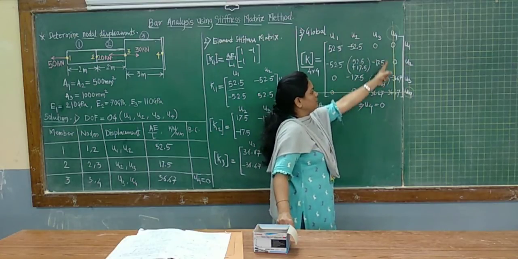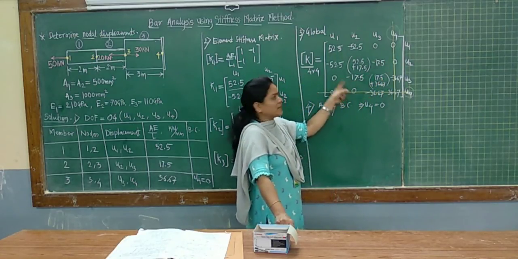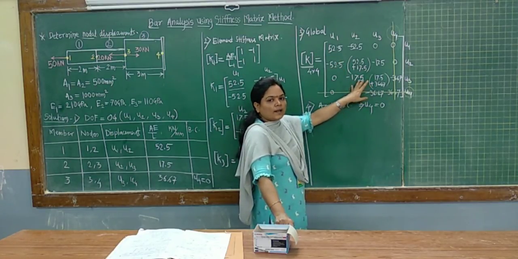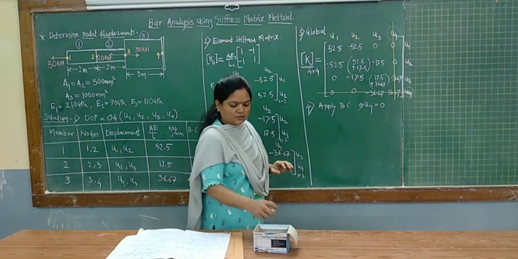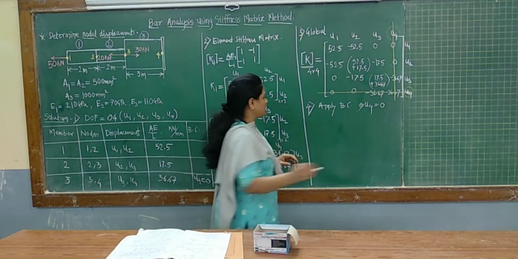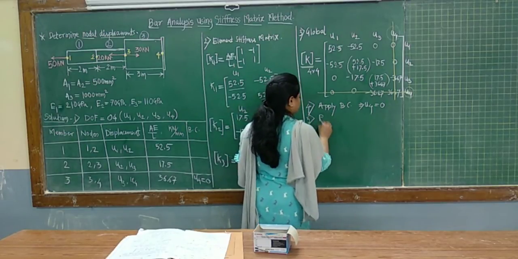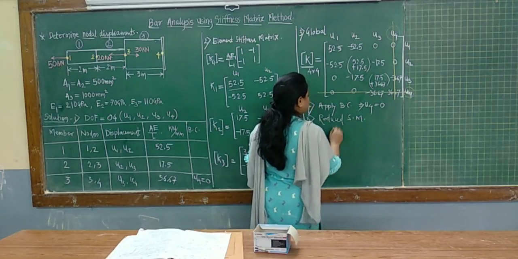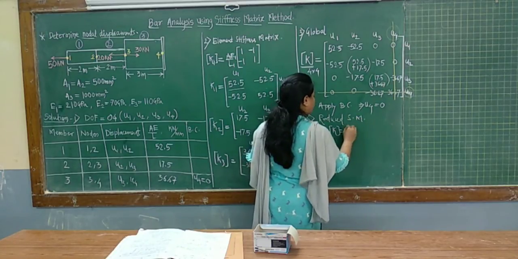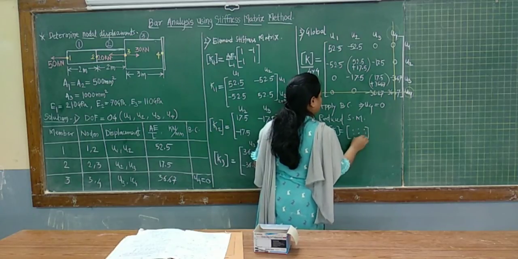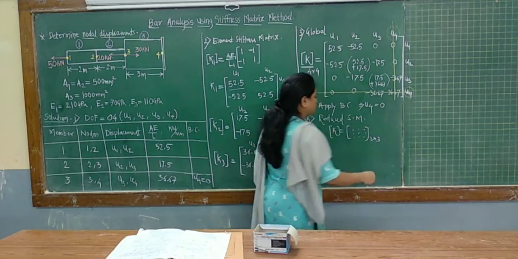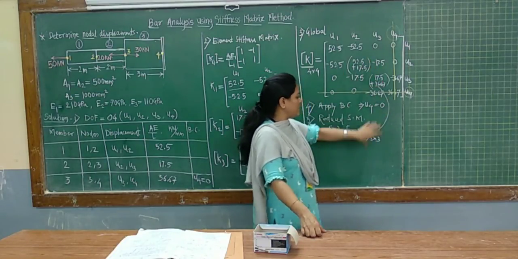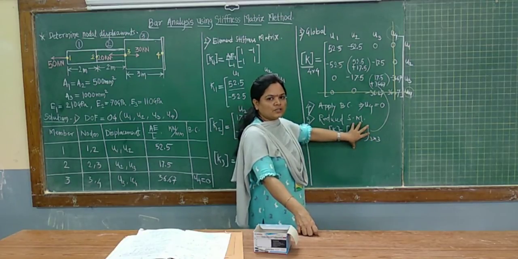So this matrix of now a total of 9 elements, that is 3 rows and 3 columns, order of 3 by 3, is called the reduced stiffness matrix. That reduced stiffness matrix will be the next step, number 5. Reduced stiffness matrix K equals this matrix, all these 3 by 3 matrix elements that you have to write here.